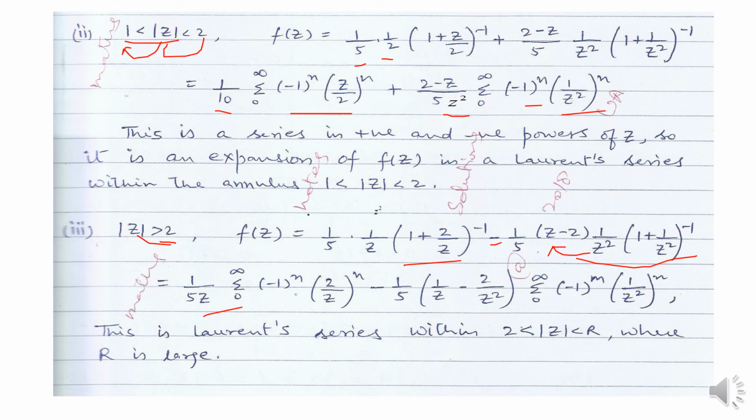This term is sigma 0 to infinity (-1)^n (1/z²)^n. So this is a Laurent series within the annulus 2 < |z|